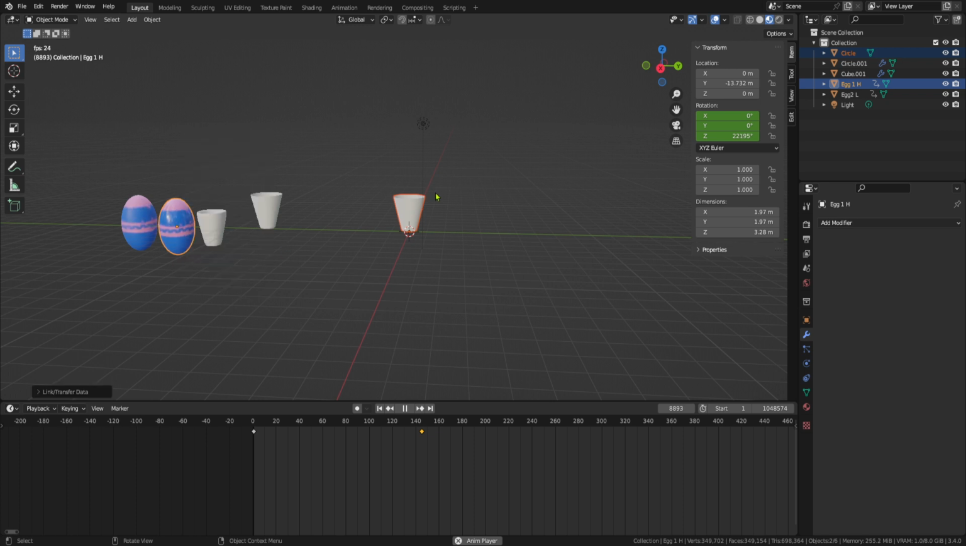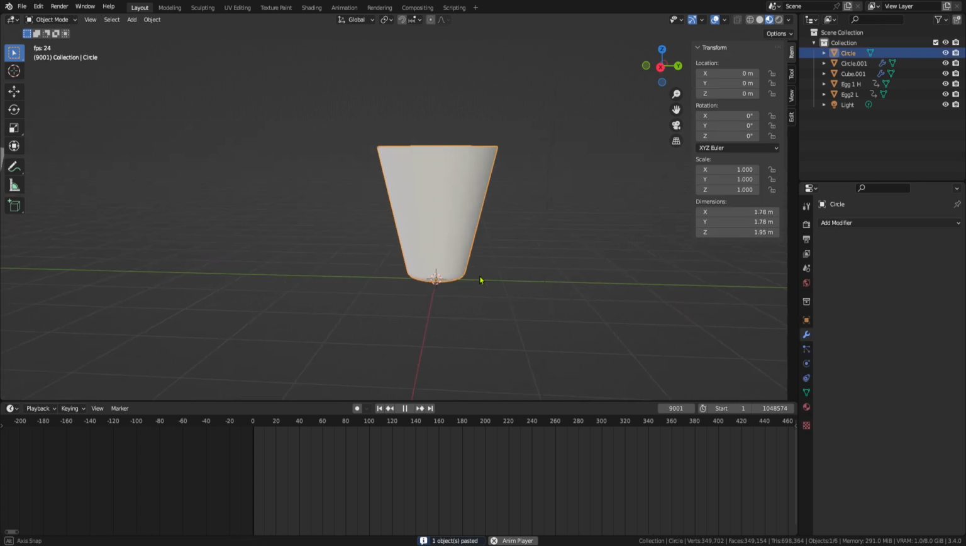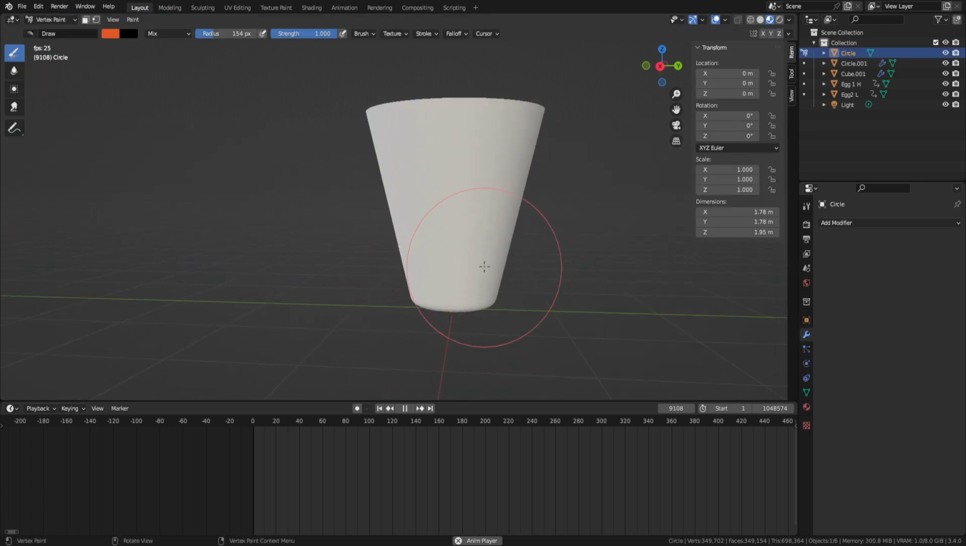Make the thing rotate endlessly. How you do this is up to you. I'm gonna copy it, delete, paste it in. And now I jump into the Vertex paint. And now I'm going to paint it,